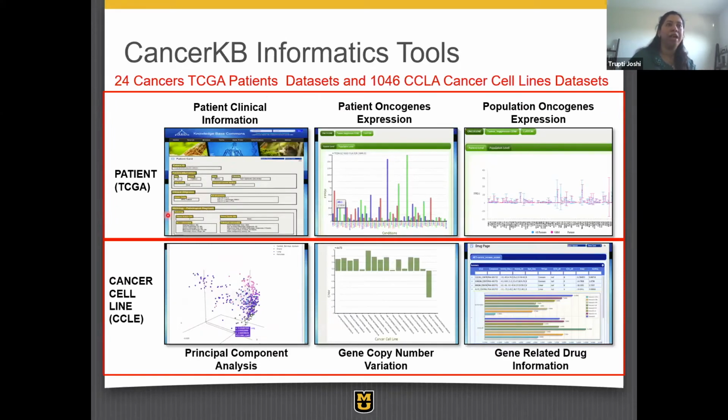In terms of the cancer work, I want to quickly scan through that. We have established things for the patient, so that you could look at patient data, how their cancer oncogenes might be expressing, how other patients with those cancers express, and whether your patient fits in that same model or is an outlier. For cell lines, a lot of research is done looking at copy number variations, drug information, or clustering based on expression patterns.